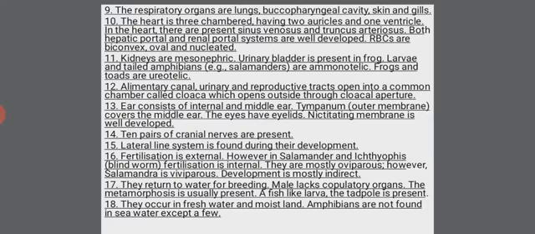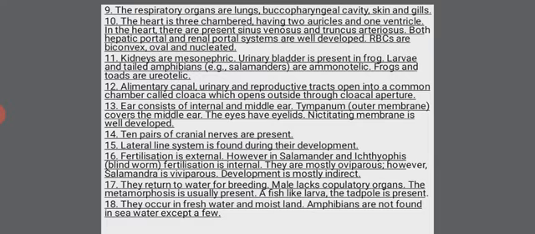As I said earlier, they return to water for breeding, though they are terrestrial, especially the adult forms, and the male lacks copulatory organs. The metamorphosis is usually present, and the type of metamorphosis is called progressive metamorphosis, wherein the larval stages will have very simple characters, whereas the adults will have complex characters. So such drastic changes will happen from larva to adult, hence the type of metamorphosis is called progressive metamorphosis.